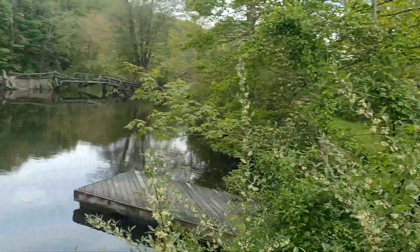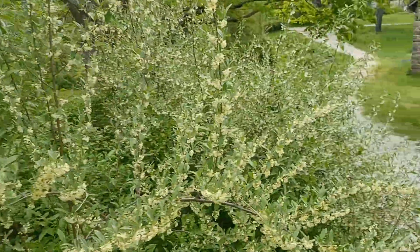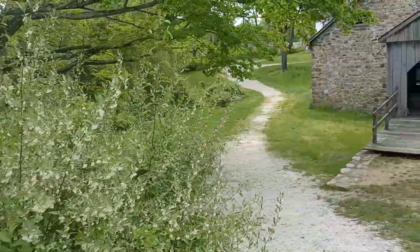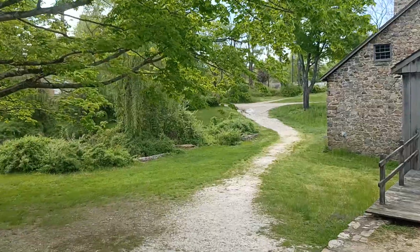So a lot of great history right here. When Route 80 was built, this road was truncated. Old Waterloo Road, which is the one that goes left to right over here,